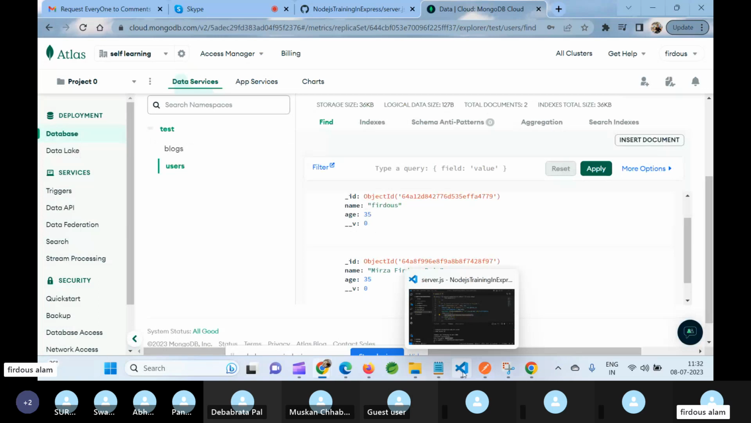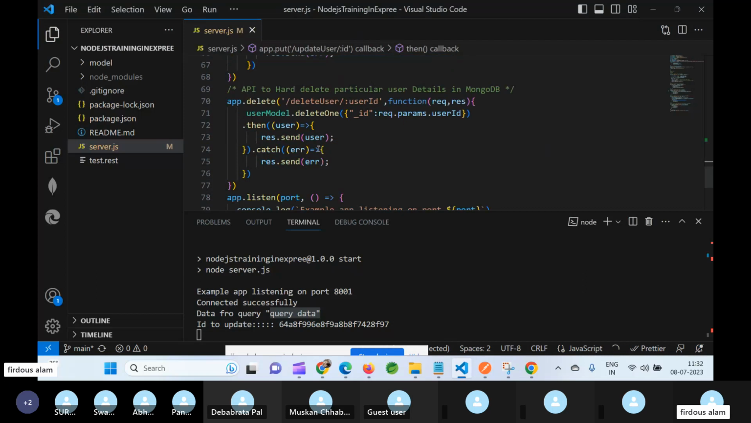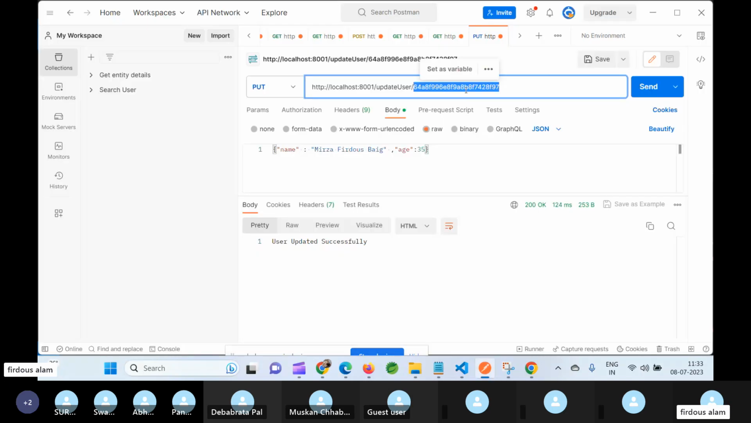Now the last one, where we can delete the user, I am doing in the same way. We have to send the ID of the user which we want to delete in the params, and then to delete we have this Mongoose function, deleteOne, and this is the ID which we are using here. So if I want to delete this user, we have to utilize this ID,